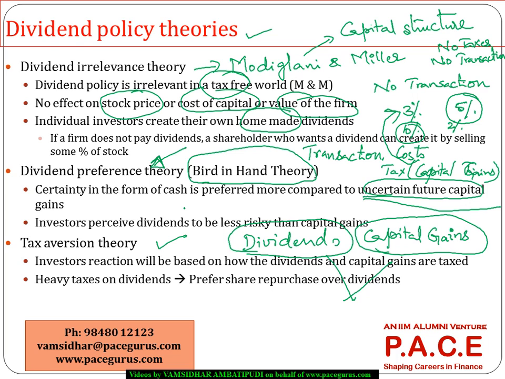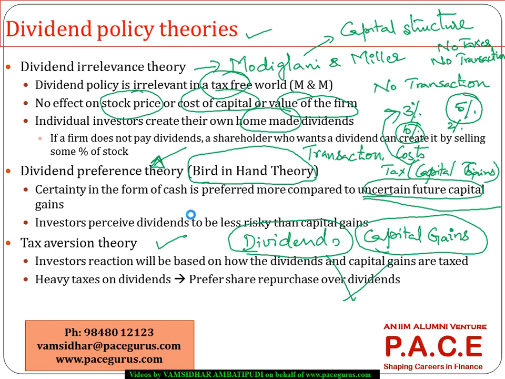So based on these three theories, they are simply suggesting that the higher the tax rates in the country, the lower the preference for dividends, and the companies, even the individual investors, prefer more and more capital retention. But if the tax on the dividend is going down, the demand for immediate declarations of dividends and large dividend payouts will typically start picking up.